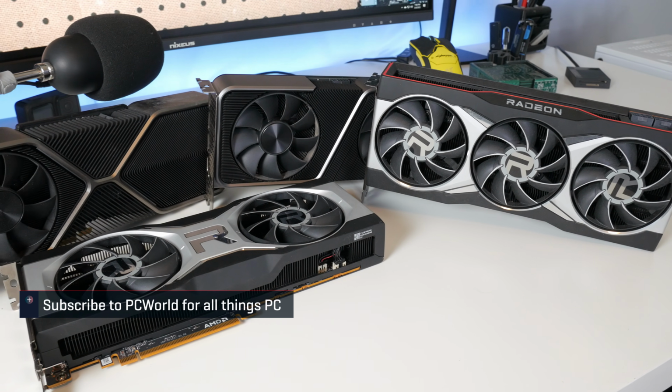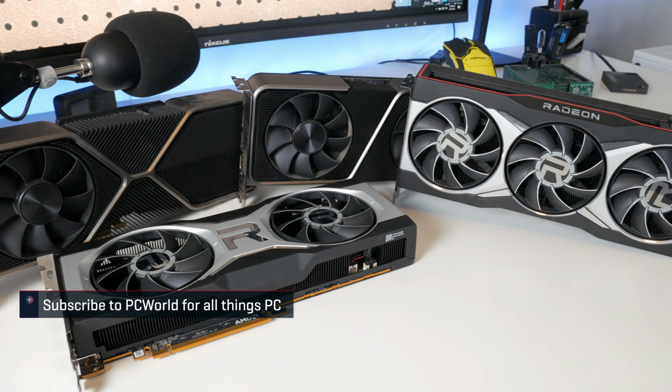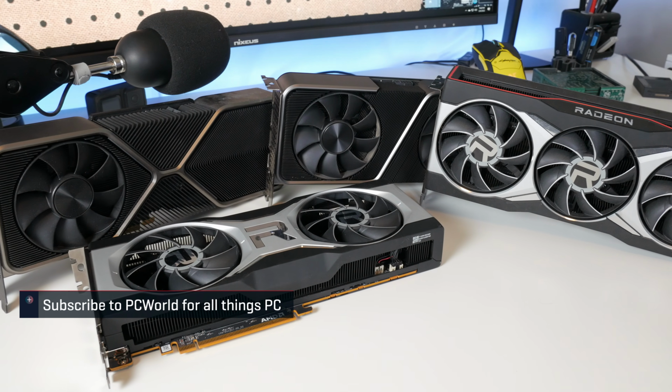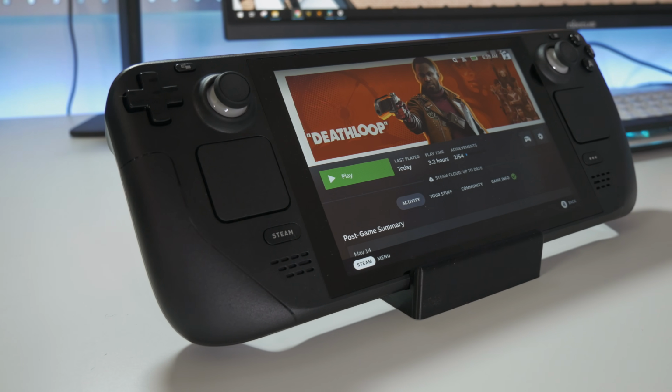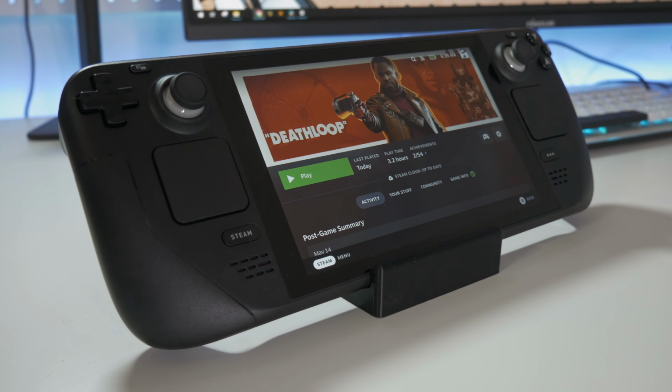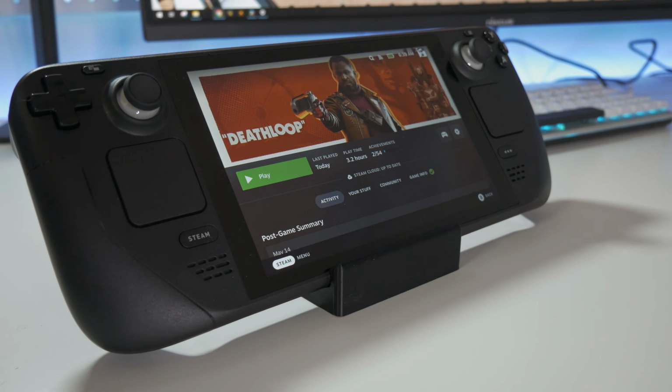And today I'm going to go through and explain how FidelityFX Super Resolution 2.0, or FSR 2.0, works and how it's different from FSR 1.0. I'll also discuss graphics card compatibility and why it's not quite as simple of a discussion as with FSR 1.0. Then I'm going to take a look at how well it works using the game Deathloop as a point of reference. And for the finale, I'm going to find out if and how well FSR 2.0 works on Valve's Steam Deck. Well, now that you know what's coming, let's jump right into it.